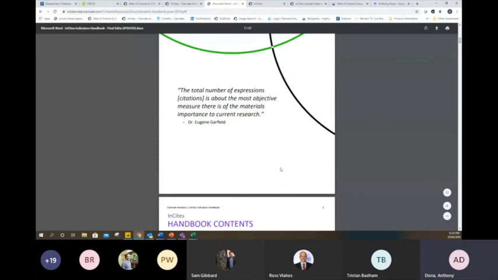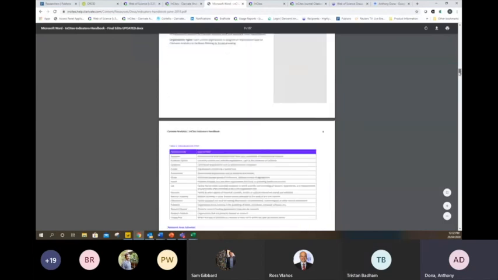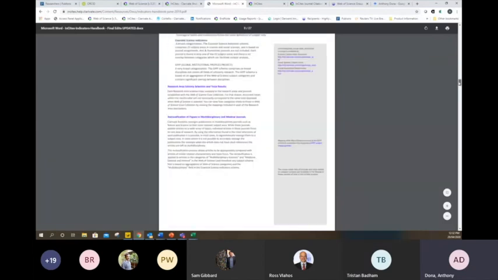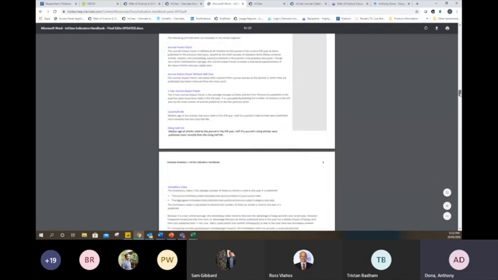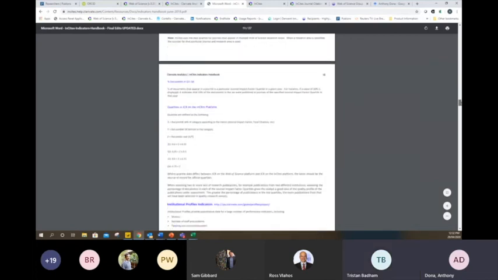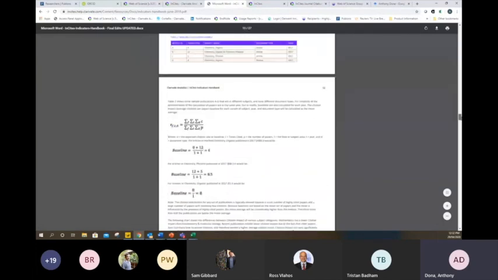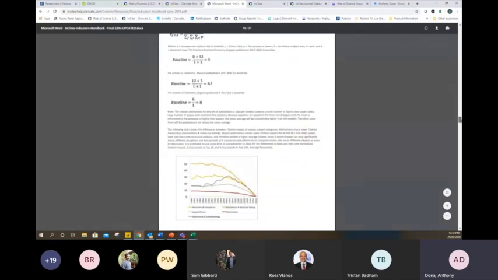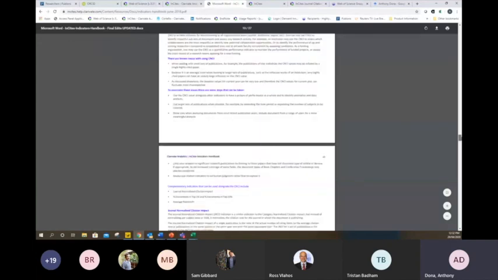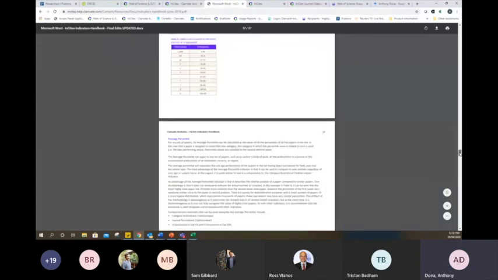The PDF looks a little bit like this, and it's a lengthy enough document that it goes through and defines each one of those indicators. There is a little bit of maths in here as well. I don't want to scare anyone off, but obviously a lot of our indicators are calculations. So there's a few little calculations here. I promise you that the math isn't too difficult and shouldn't scare anyone away, but if it does, like I say, reach out.